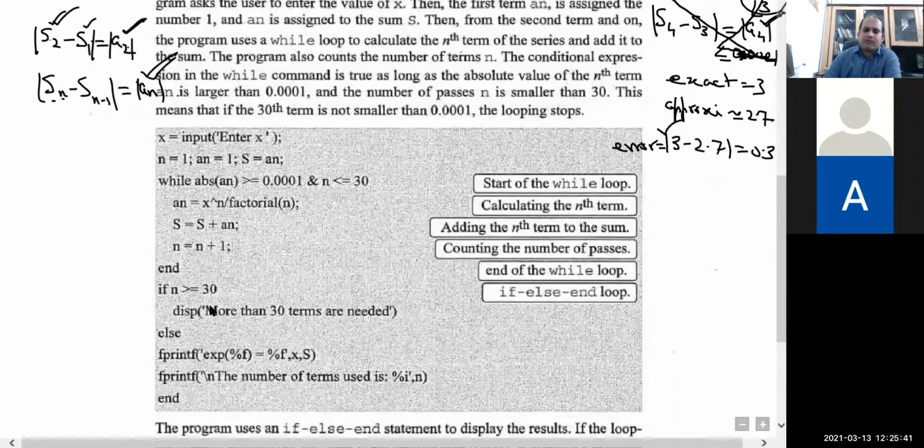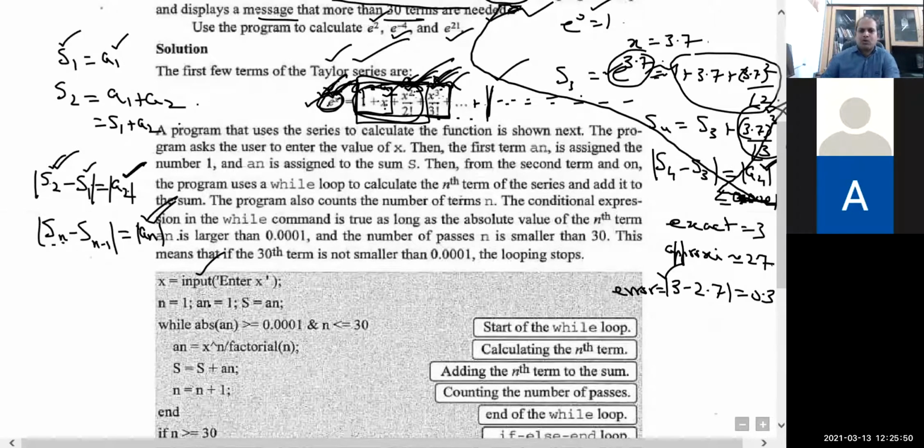So you can see that the only input requirement is x. Every time you want to compute this series, every time you want to compute the value of e to the power x for different x in this series, I want to give it manually. So for that we know that in MATLAB this one is a very beautiful command, input. The same program will work for different x. So whatever is written here will be displayed on the screen.